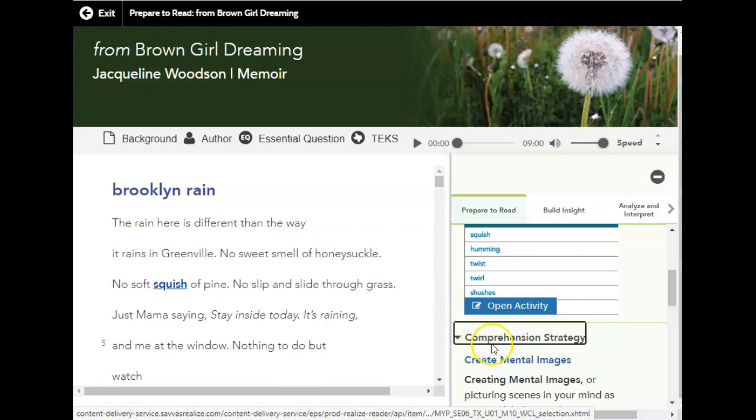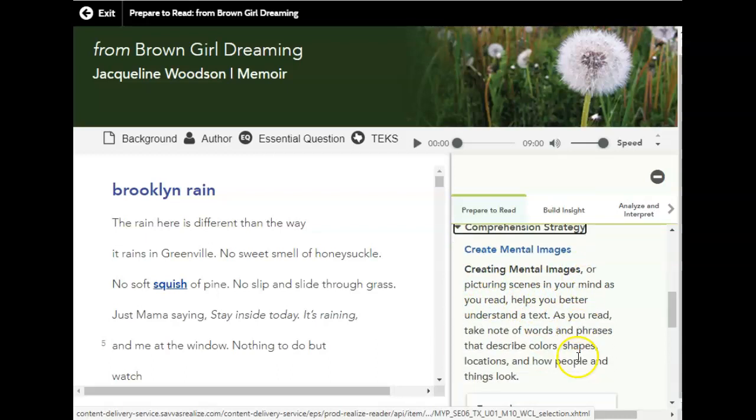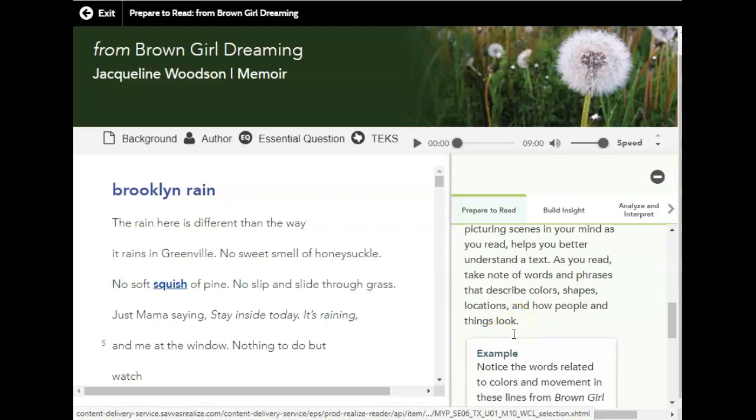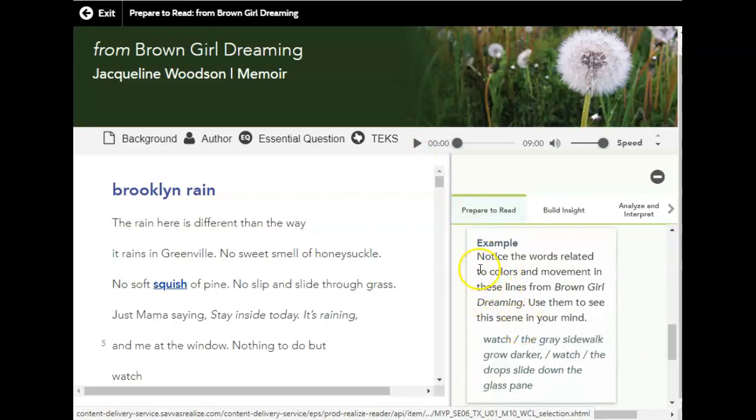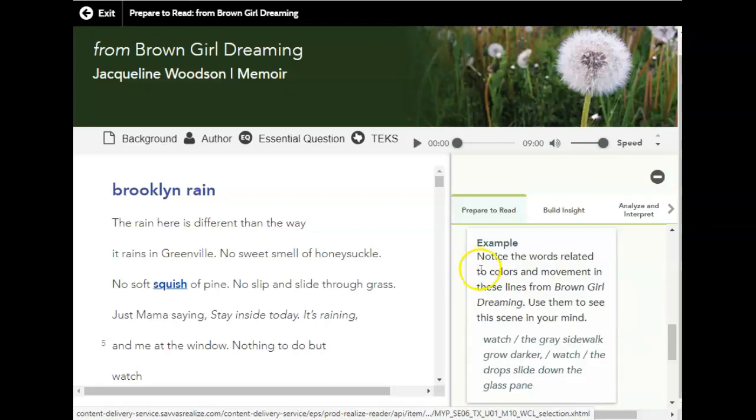Your comprehension strategy for Brown Girl Dreaming is creating mental images. So those are the pictures that are in our head as we read. You should always be envisioning what's happening as you read, and good authors make it really, really easy for you with that imagery and that sensory language we've been learning about. So, what it asks you to do for this comprehension strategy, and you are going to be annotating,